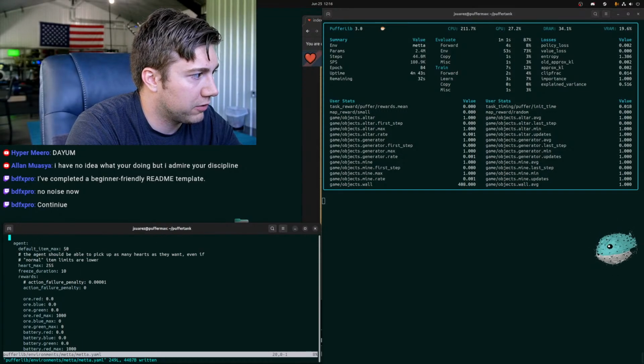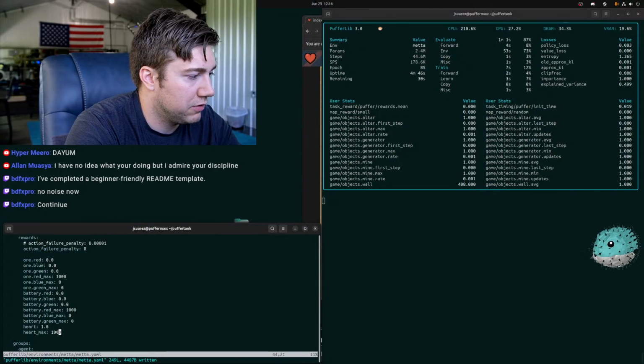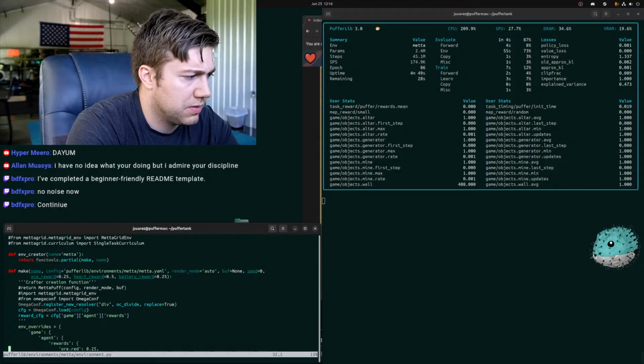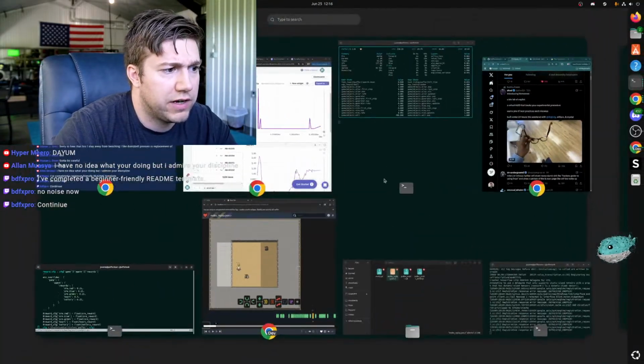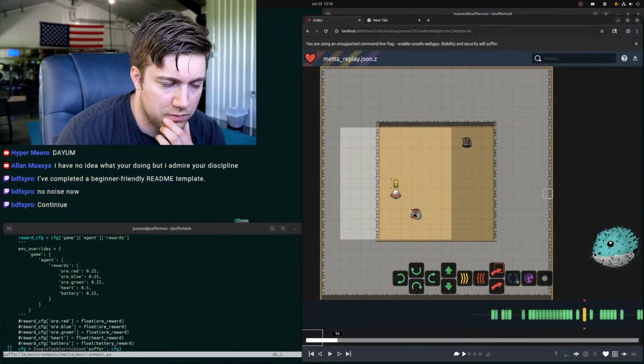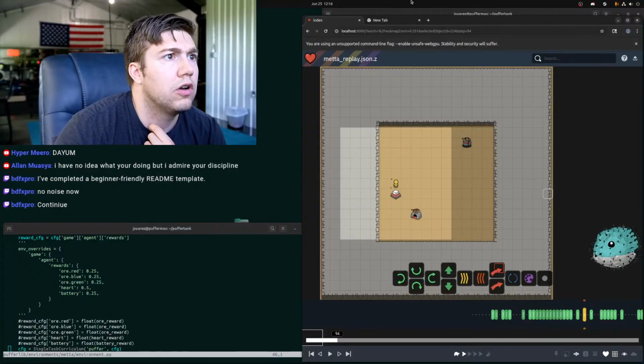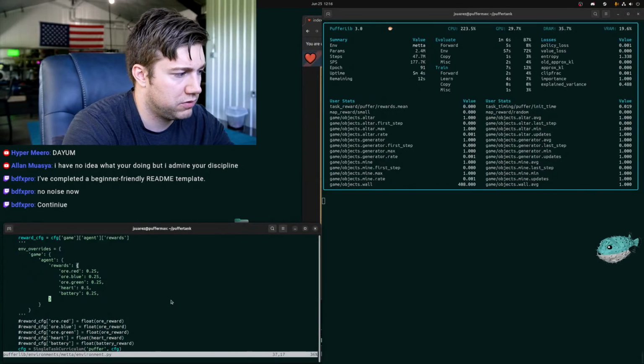Let me try something. If they only have 10 items, I don't think they can get rid of items. Can you get rid of items in this? I don't think you can. So if you can't get rid of items,